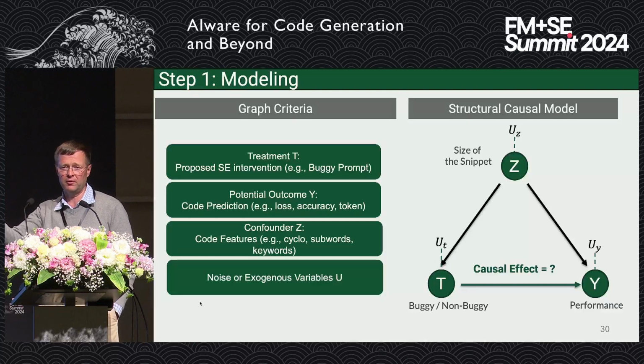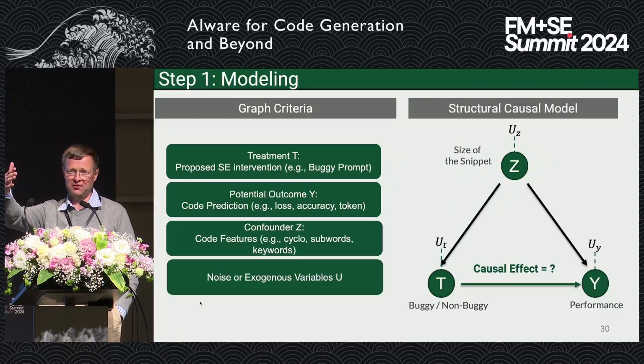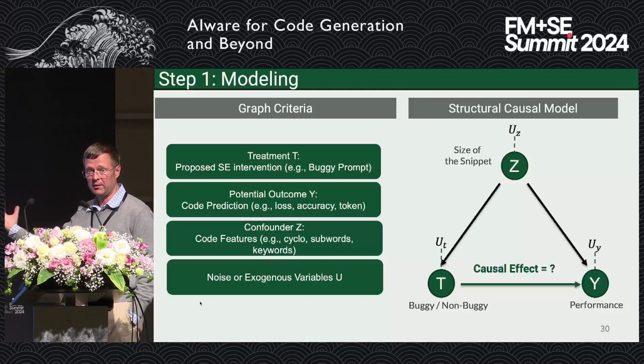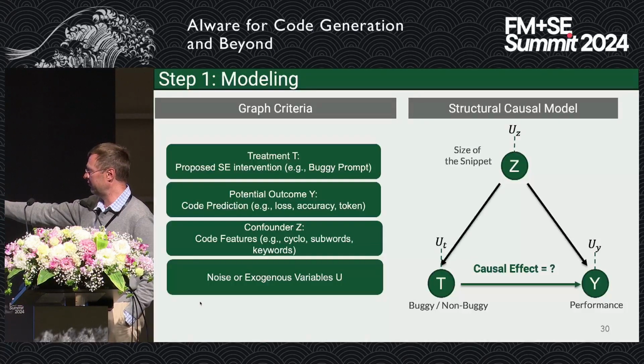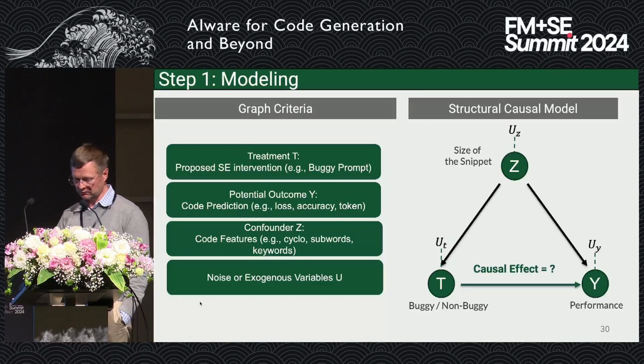And if you're trying, for example, to understand if the type of prompt or bugs in the prompt have any impact on the results. And by the way, we had very fruitful discussions with Satish that this is exactly the kind of experiment that industry is running these days to understand how these things can actually impact the pipeline, right? So in this case, we're trying to understand if bugs in the prompt have impact on generation accuracy. This is our treatment.